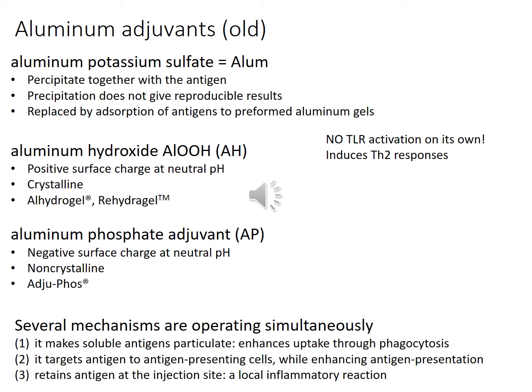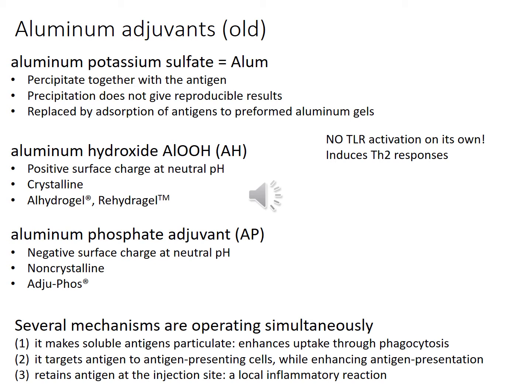This has been referred to as a depot effect, but once investigated properly, it turns out that this depot effect is actually not necessary for the function of the aluminium adjuvants, and there are aluminium adjuvants that are cleared very quickly, and depending on the route of injection, for example IP injection, it's rapidly clearing the alum complexes, and they still work. It has also been shown that some aluminium adjuvants seem to be able to activate the